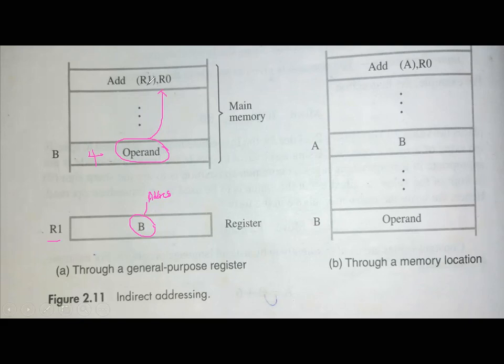So you are here, you got an address of R1. You are coming to R1 and getting the address of another one. Okay, what is that? B. So you will go to that location. Inside that you have the operand. Clear? This we call indirect addressing. Okay, fine. Then using a register, this is the pattern.